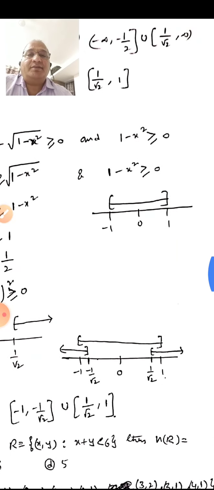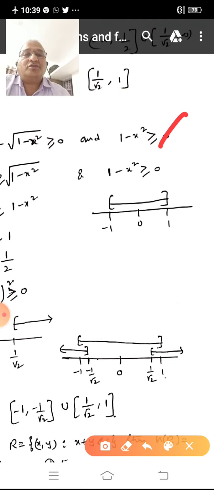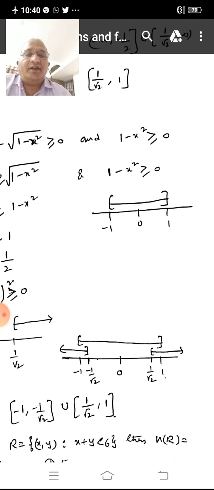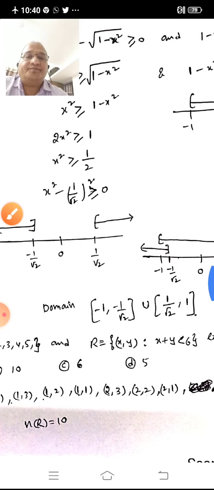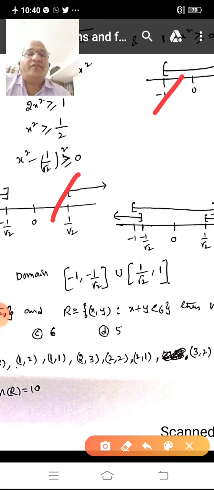But at the same time, under the root, along with that condition, this condition must also be satisfied. Here the expression is positive, the x square coefficient is negative, so therefore the value lies between minus 1 to 1. In the previous one, the signs were the same. Here the quadratic expression and the x square coefficient have opposite signs. So the intersection of these two I explained here. Observe here: this is the first function's domain, this is the implicit function's domain. So the intersection of these two I explained here.